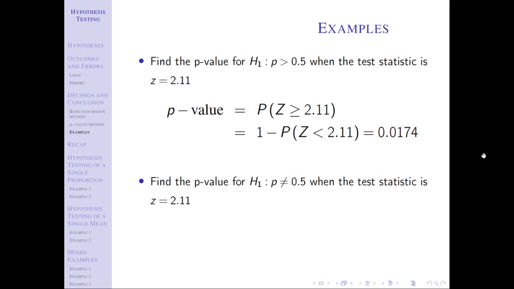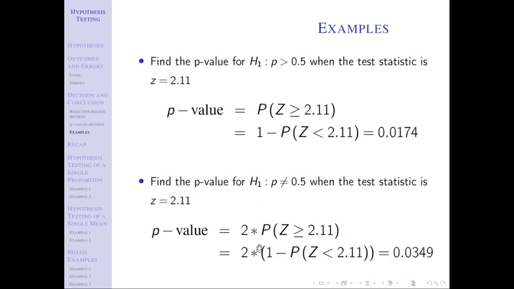It always goes the same direction as the sign of my test statistic. My test statistic is positive, so that means I'm going to stick with the greater than or equal to symbol once I've multiplied by 2. Notice this multiply by 2 happens after I do the 1 minus, and so I'm going to notate here by this extra set of parentheses, I will have to do the 1 minus piece first, right? So then I look up 2.11 inside the table. We get a 0.9 something. Subtract that from 1 gives us that 0.0174. Multiply that by 2 to land at our answer.